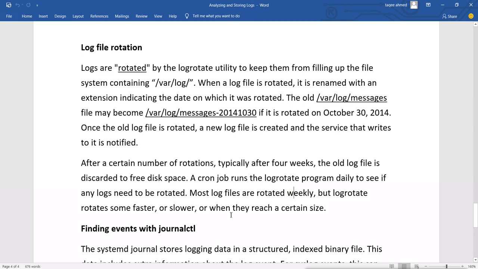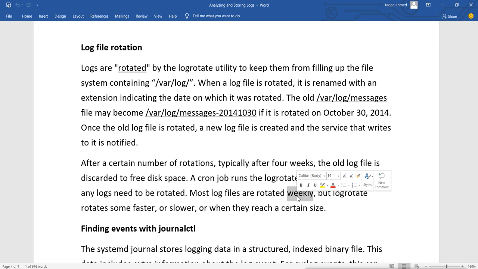That means sometimes if it reaches a certain size, like 20% of the size of the partition which has this directory, then it will rotate again.